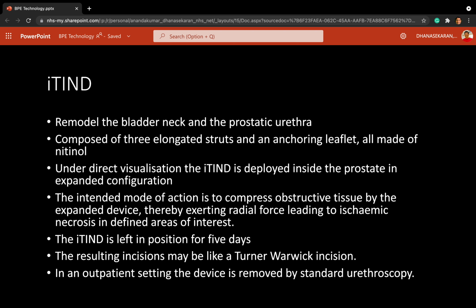It's not useful if the median lobe is too big, but glands up to 30 to 40 cc, maybe up to 50 cc, it's a good one. It's left for 5 days. How you can understand this: if iTind, the three prongs can open and create a channel in 5 days, think